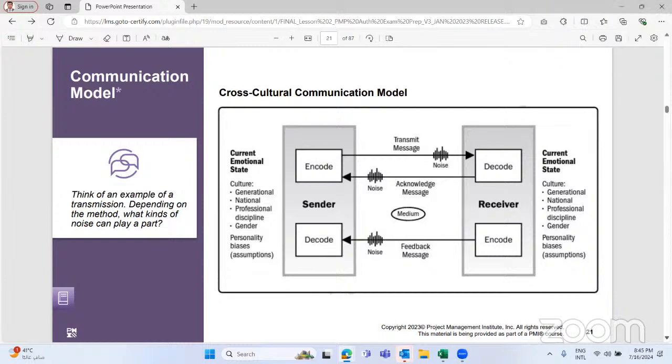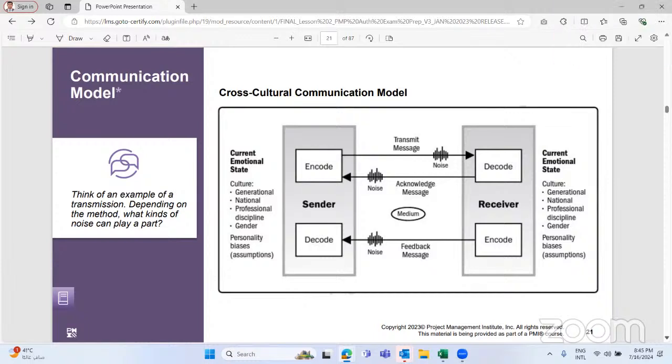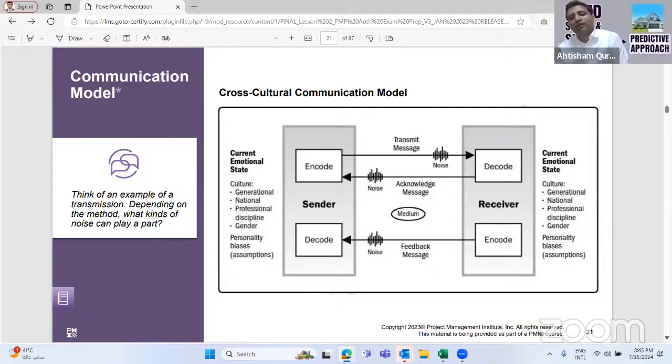So if the other person is also using the same language, they decode the words back to the thoughts. So now what's happening is they are decoding the words into thoughts. If they understand me, they will say yes, acknowledge. So again, they will encode in the same language and send the message feedback, and then I will decode the message feedback. So this is how the communication happens electronically or physically,